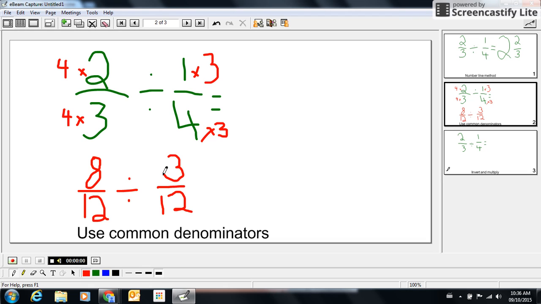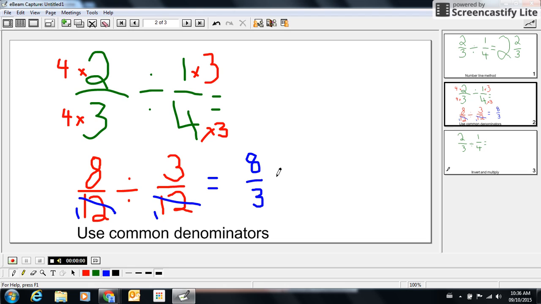3/12. Now, what I notice here when I divide the numerators and I divide the denominators, in this case, 12 and 12 go into each other, so I can just cancel those out. They are 1, 1. So now all I focus on is the 8 divided by 3. Watch how I'm going to write this. 8 divided by 3. When I write it this way, it actually just looks like an improper fraction,